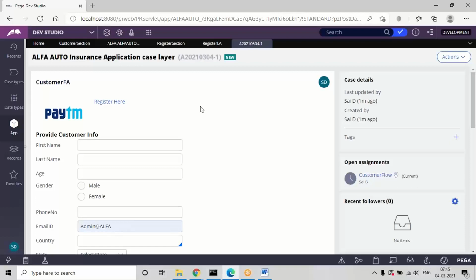In order to configure menus, there is a separate rule called the navigation rule. We will use that in later classes, maybe after 4-5 sessions, not today. In the next classes we'll also have a similar rule called harness.